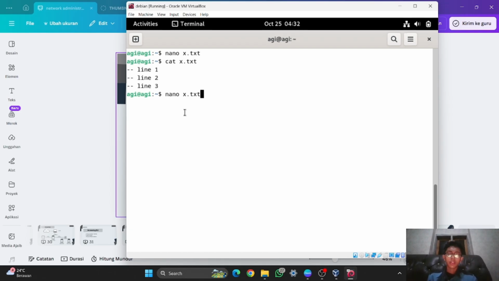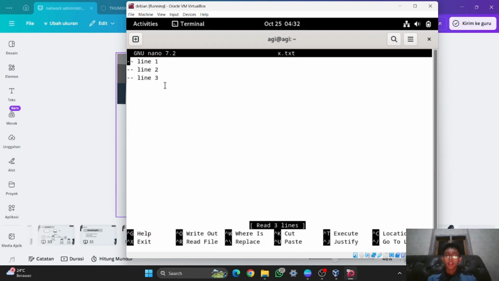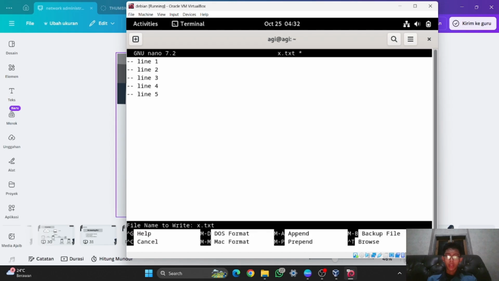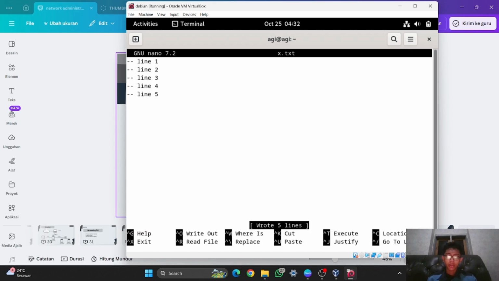I will try to edit the x.txt using Nano, and here I will add line 4 and then line 5, and then you can type Ctrl O. It is using write out, and then you can just enter.